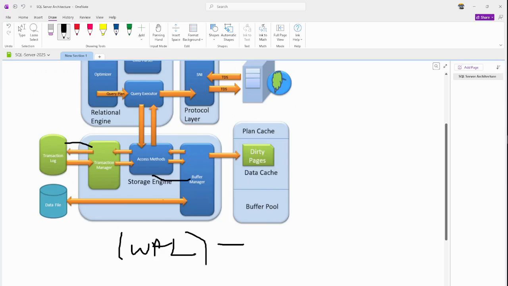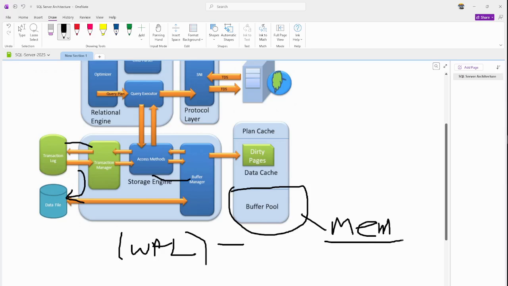it does not write the data change directly to the disk. Once you write it to the data file on disk, only then is it saved permanently, but it will not write it for every transaction. Instead, it does the modification in the buffer pool, which is in memory. When you update a row, the buffer manager